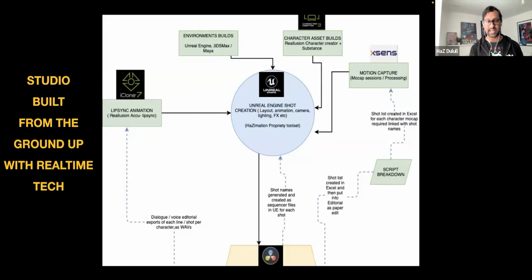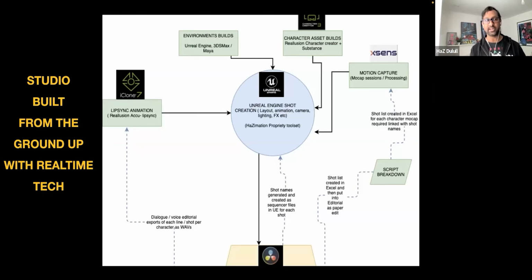As Paddy's already mentioned, it was just about 2 years to do. Our studio, HaZimation, was built with Unreal Engine from the ground up. Unlike other studios who started off with Maya, Houdini, and so on, and integrated Unreal, we did it the other way around. We built the company around 2019 with Unreal being the core center, and everything feeds into Unreal. So yes, we use Xsens, we use iClone, we use anything, whether it's C4D. We're kind of software agnostic when it comes to building assets, visual effects, and animation. But once it comes into Unreal, it stays in Unreal, and we take it to the finishing line in Unreal.